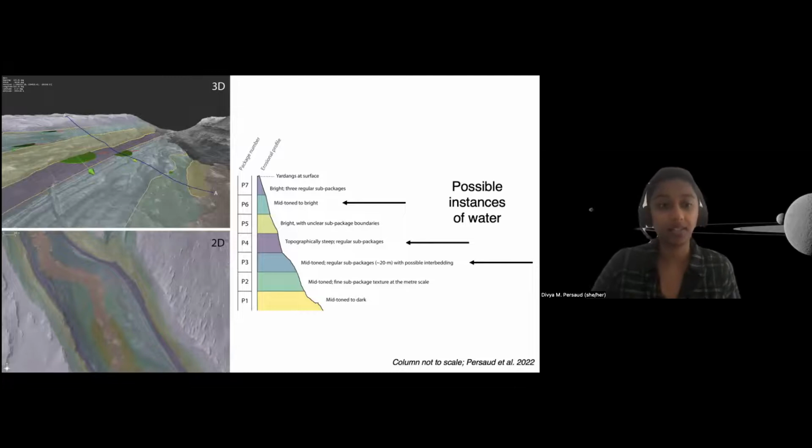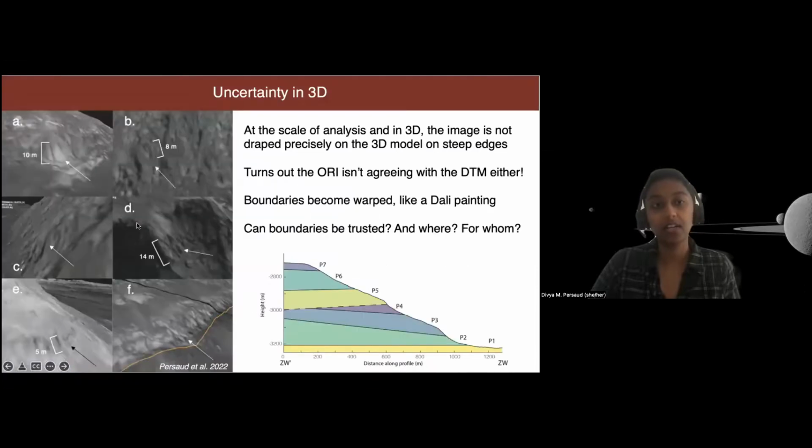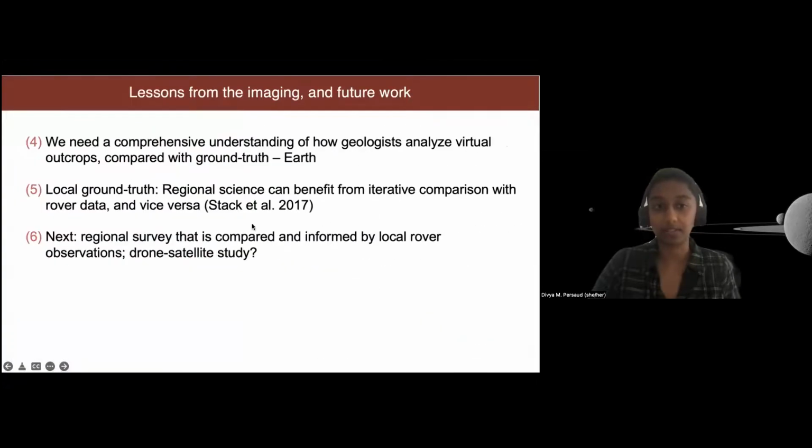So I'd really like to expand this type of analysis to the entire region and also try to look at ground truth from the rovers and see what kind of iterative lessons we can make, whether the regional interpretation enlightens us about what the rover sees, and what the really detailed, high resolution but very local science from the rover can tell us about what we're actually seeing or misinterpreting from satellite data.